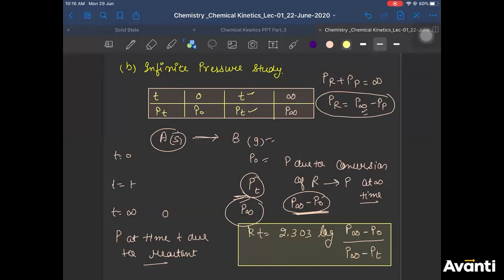So you need to check whether it is valid for all stoichiometry. I think so. Yes, it is valid for all the stoichiometry. Why? Because if you take 2 here, you'll get 2. No, it is not valid for all the stoichiometry. Yeah, it is valid for all the stoichiometry. It will not matter if you take 2 here, because this data is experimental data. Your total pressure is due to 2 moles only. PT is the experimental pressure for 2 moles only. So it should be valid. Yeah. Any doubt in this, guys?